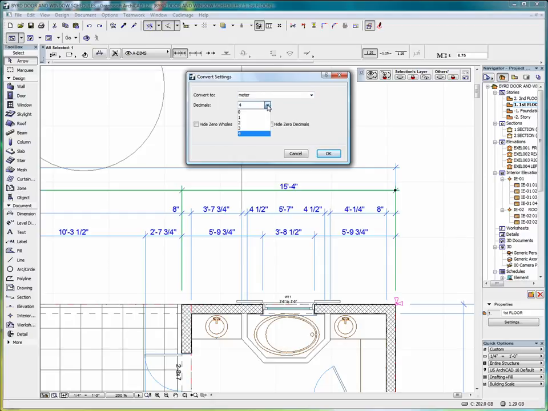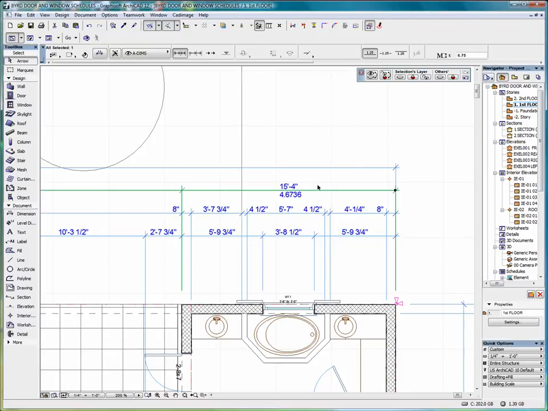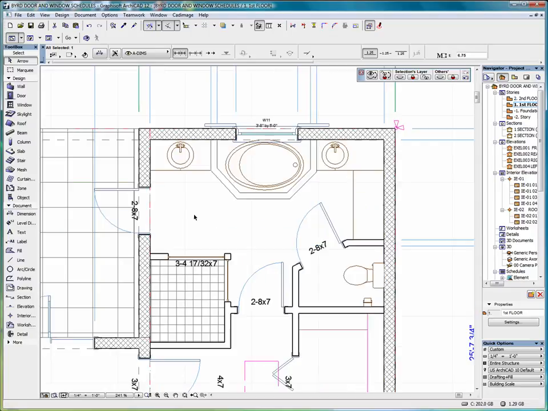We can select the number of decimals that we want this to go to. We can hide 0 holes and we can hide 0 decimals. I select OK. And now that 15 foot 4 inches has been converted to 4.6736 meters. We can also place dimensions by hand, so to speak, by going into our toolbox and selecting the